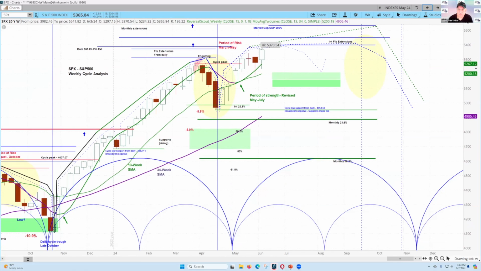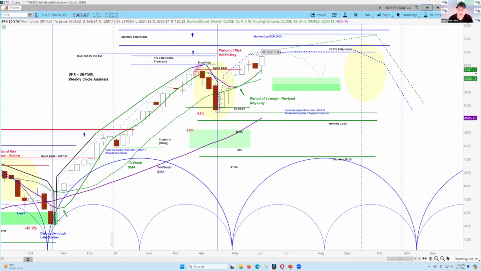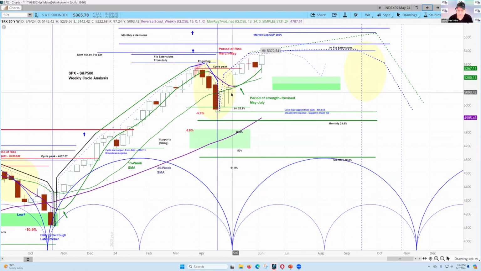Now, the market's moving up as we anticipated, as we are in this period of strength. We thought the period of strength was June, July, potentially into August. As we got the earlier upturn here than we expected, you could see it's on the left side of the ideal trough in here. Then we started to get indications that low was made, and then we, of course, turned positive and started to project to the upside.